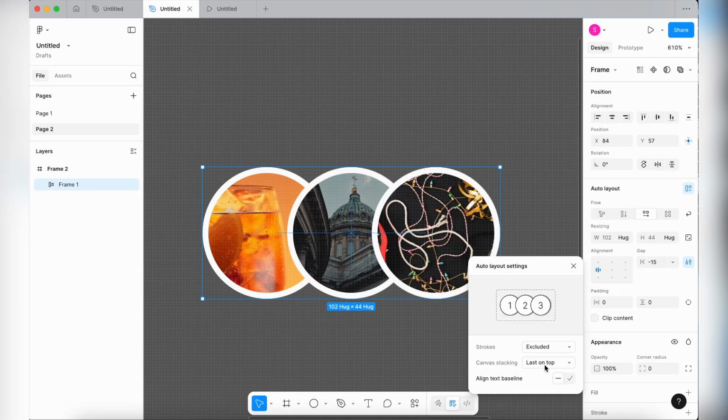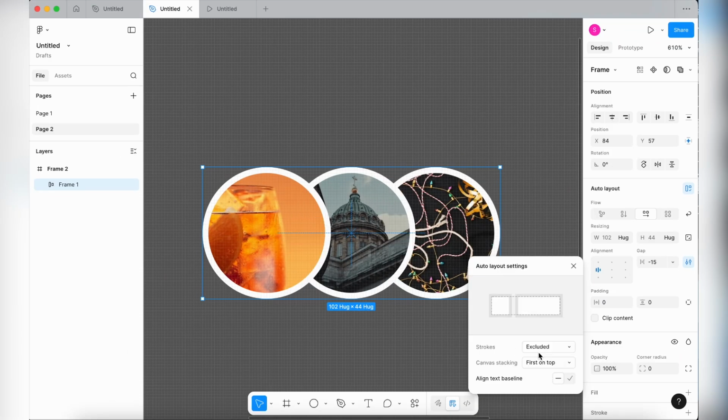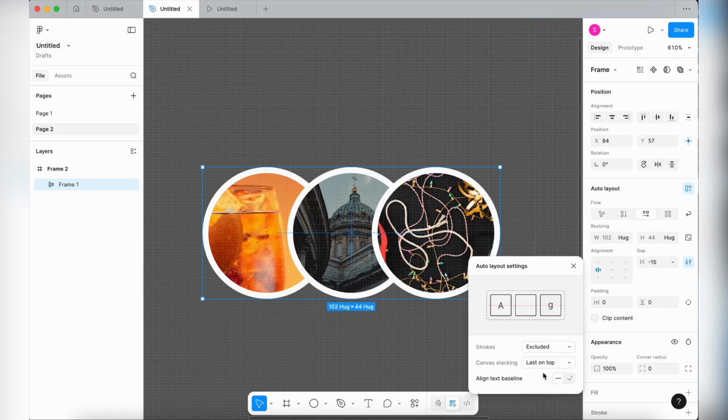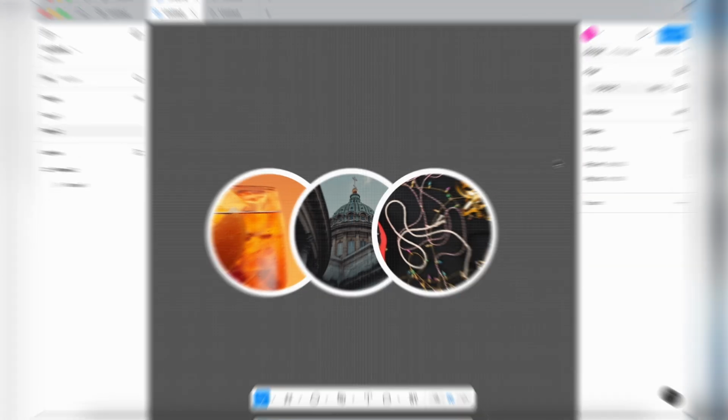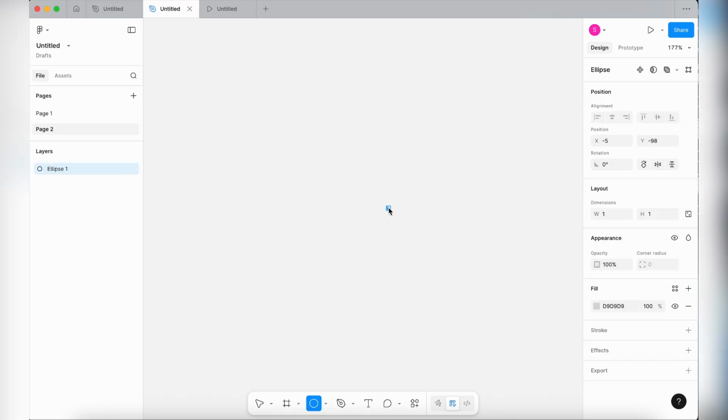Hello, let's learn how to swap the positions using the auto layout like this. So let's start learning. First create a circle of specified dimension, like currently I'm keeping it as 44 pixel, and